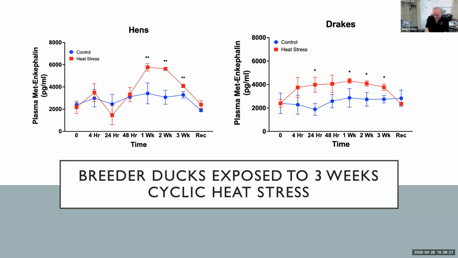So there's a couple of possibilities here. Colin Scanes has recently reported that during a stressor when cort is high, if they inject metenkephalin, that brings it back down low. So metenkephalin could be acting as one of the agents that is bringing cort back down to baseline. But metenkephalin could also be taking over its effect, the central effect to maintain homeostasis. Okay, so very, very interesting, and something that we're looking into more.